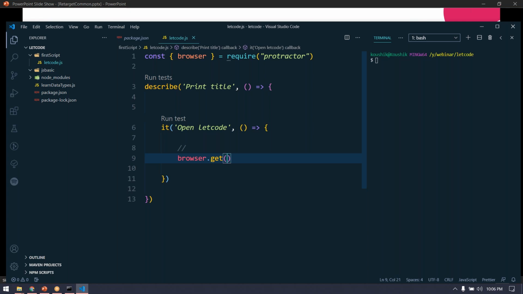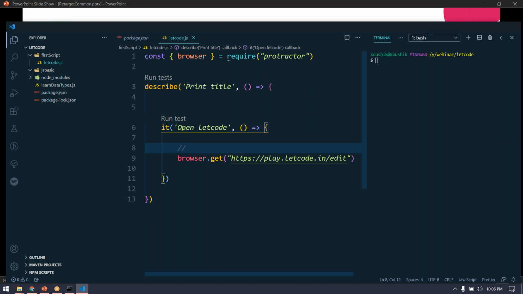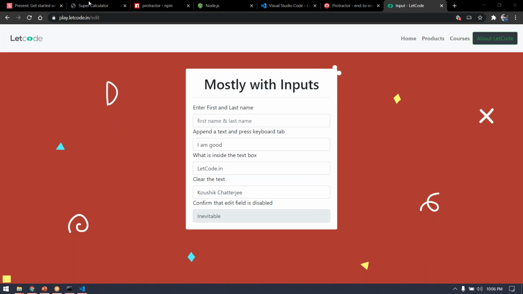Okay, now within this I'm just going to pass the URL, so that should be this URL. Now as you said, we have to set the driver path here, right? But when we say this browser.get, we are actually not setting any system path here, because we have to download the driver from the Protractor library itself. So if I go back to this documentation, and probably you can see here that,